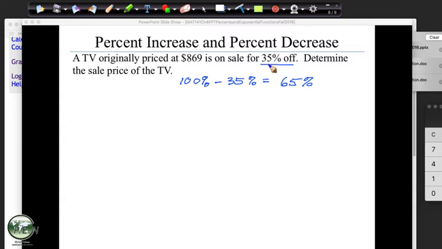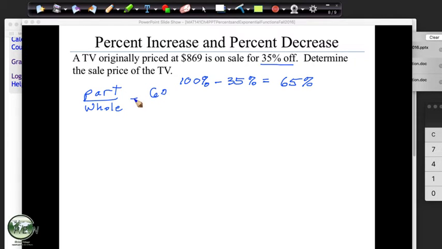Okay. So 35% off sale, right? I always just remember whatever we start with is 100%. And we're going to take 35% off of it, so 100 minus 35 gets us to 65. Does that make sense? We're not done yet. So this is just to get to the percentage that we're going to use. Good. Okay. So now we're going to use the proportion, part over the whole